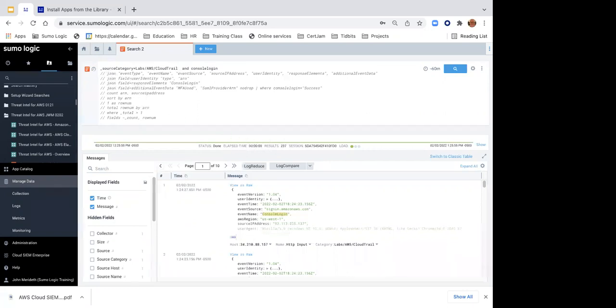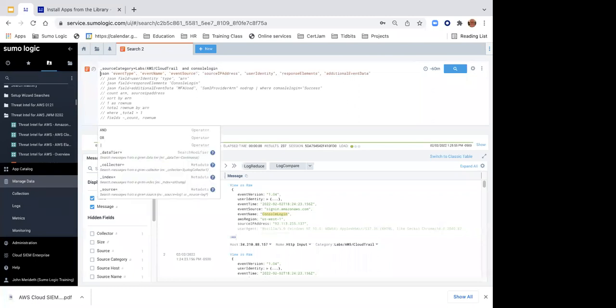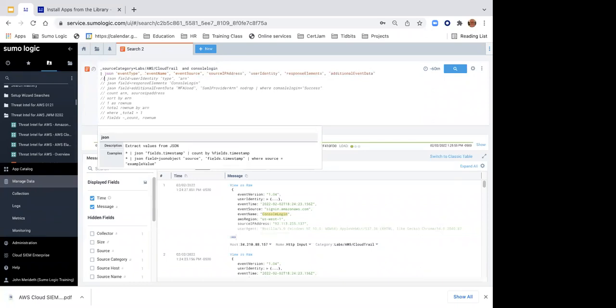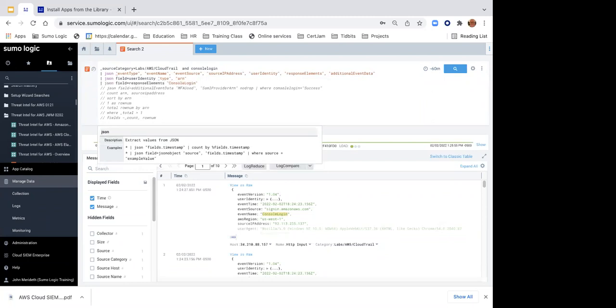Then what happens here is, let me type in my pipe. Okay. I am going to extract out some fields. And that's all this is doing. These are JSON logs. I am extracting out these fields.